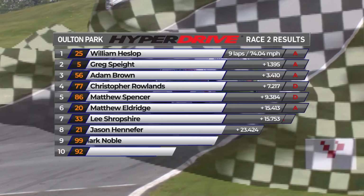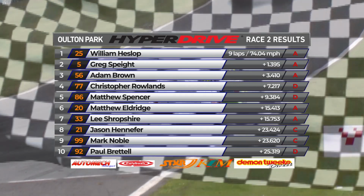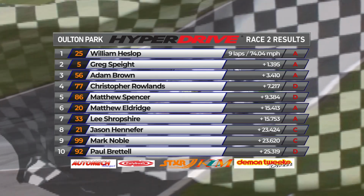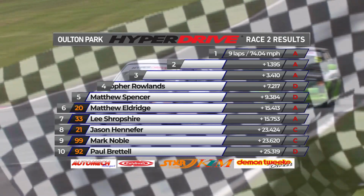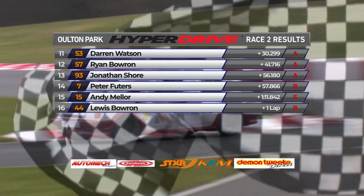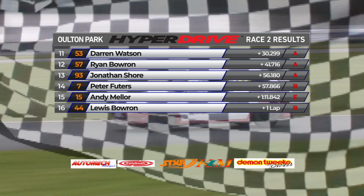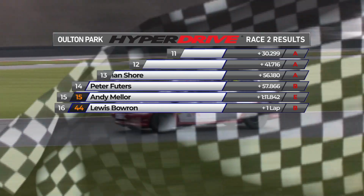So, 2 new race winners, with William Heslop winning race 2 from Greg Spate and Adam Brown. Chris Rowlands and Matthew Spencer round out the top 5 from Eldridge, Shropshire, Hennifer, Noble and Britell, with Hennifer and Noble also winning their classes respectively. Watson, Bowen, Shaw, Footers, Mellor and Lewis Bowen round out the 16 cars that finished. It's been a magnificent day of racing at Oulton Park, and here's Lyndsay with race 2 winner for the first time,